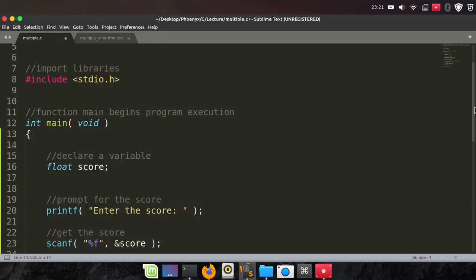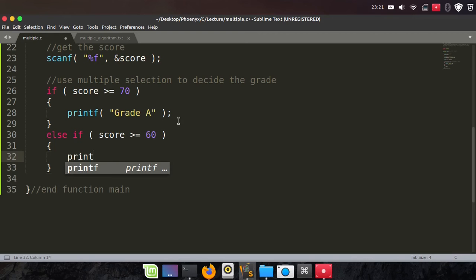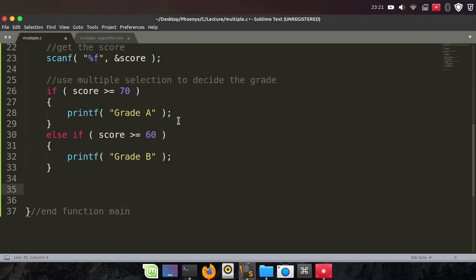So I'll go down again and then write else if score is greater than or equals to 60. So if that condition happens to be true, then we are going to print that the student has grade B. All right, and then else if